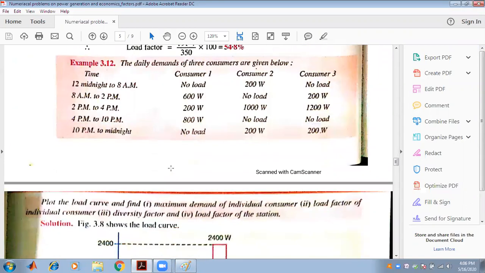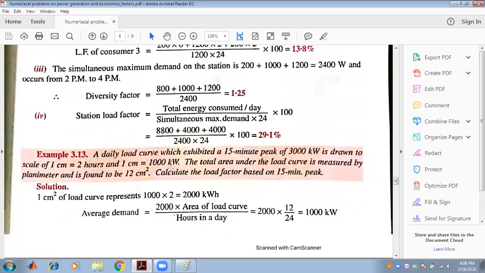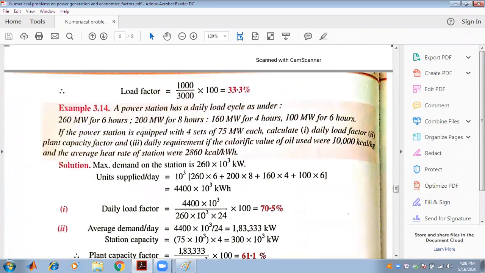Now we are going to another problem. A problem is given that a power station has a daily load cycle as under: 260 megawatt for 6 hours, 200 megawatt for 8 hours, 160 megawatt for 4 hours, and 100 megawatt for 6 hours. If the power station is equipped with 4 sets of 75 megawatt each, calculate number one, daily load factor; number two, plant capacity factor; and number three, daily requirement of